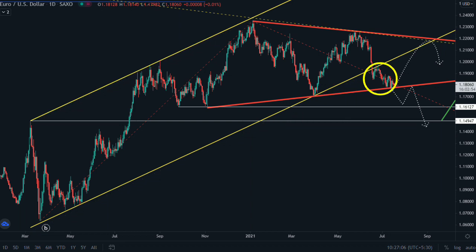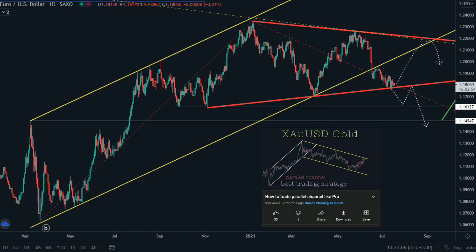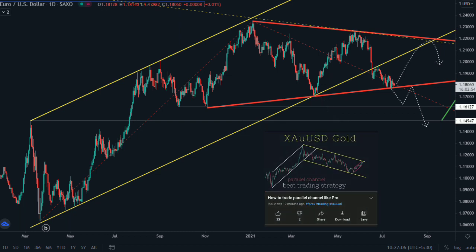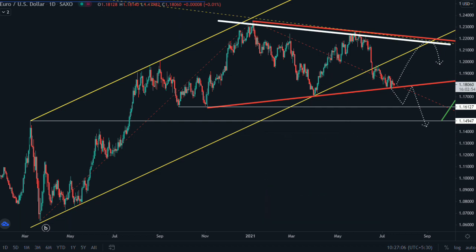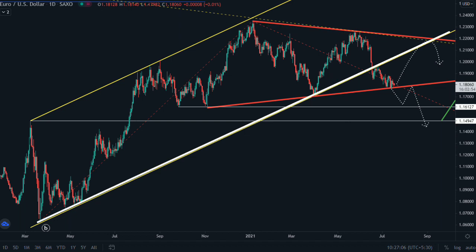Right now price is trading outside this yellow parallel channel. The lower trend line has broken. You could easily get this high and this low using one simple strategy, the parallel channel. We have already done a video on how to trade a parallel channel. This is the boundary of the weekly parallel channel, and this is the boundary of the parallel channel on the daily chart. Price can retest this upper boundary